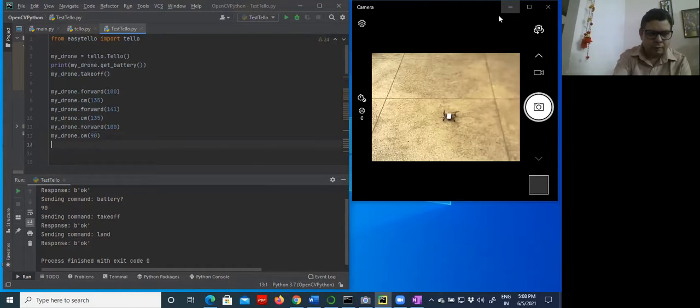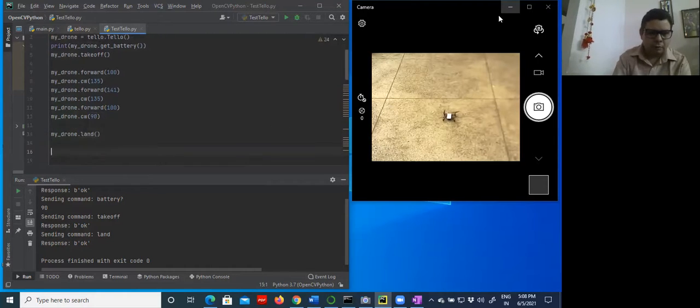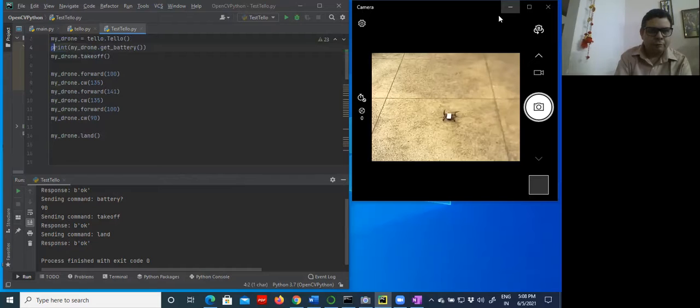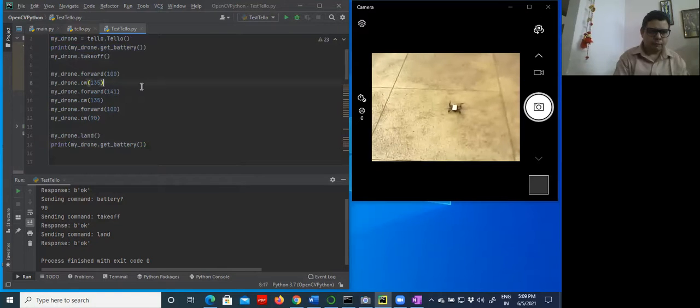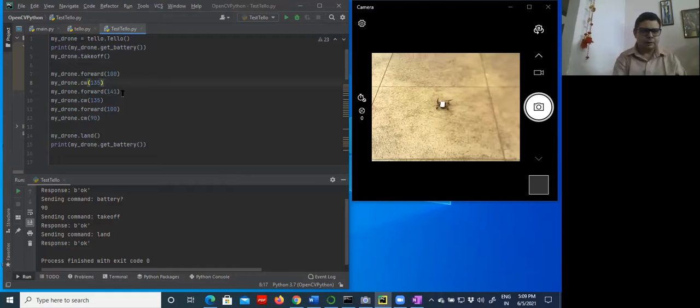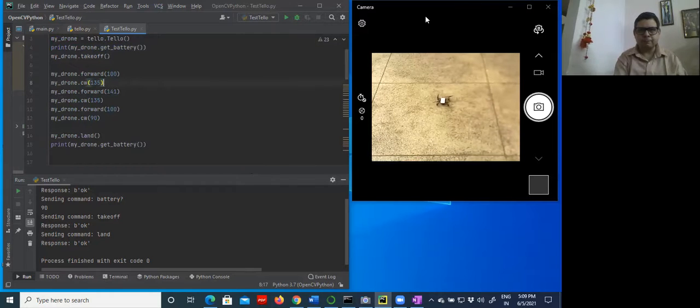Then my command is to land the drone, and again I will print the battery status to check the final condition of my battery. So now I have made the plan, I have made the program. Now I will check the availability of the drone before running this program.